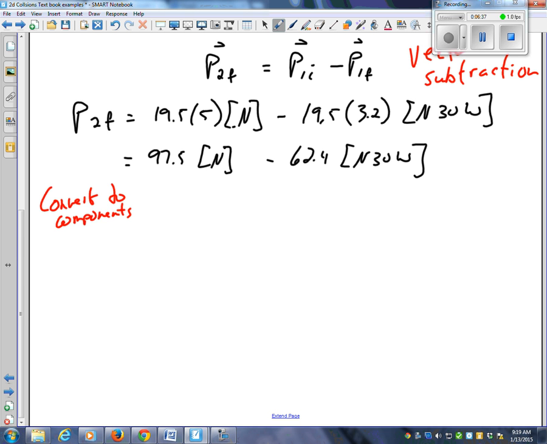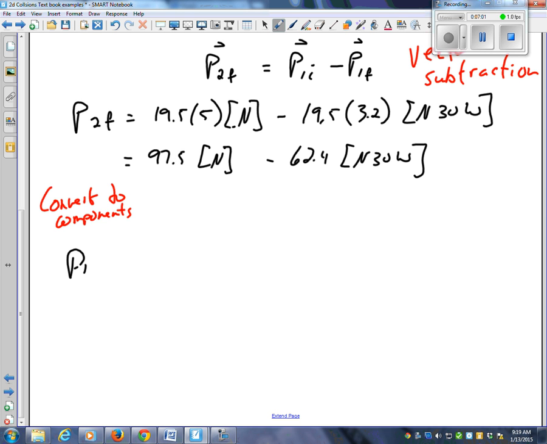More subscripts. Okay, so 97.5 north. Now, fortunately, let's designate north and south as y and east and west as x. Okay, does that make sense? Okay, so to break this into components,